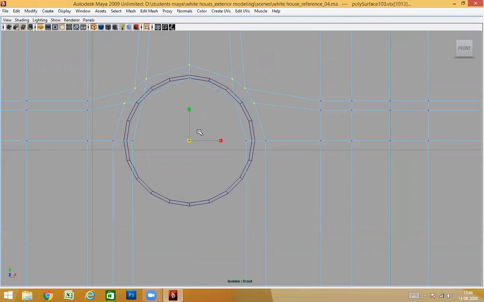So I'm trying to match maximum my roundness. Yes, it's good. All right. So this is how I matched,